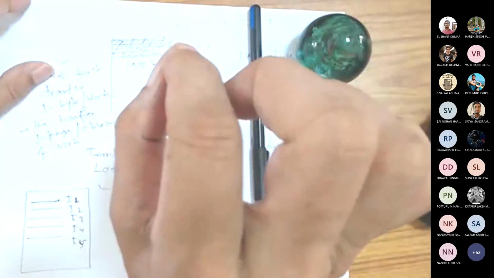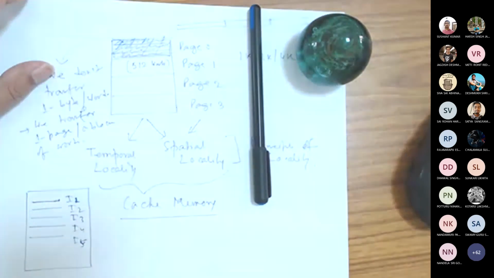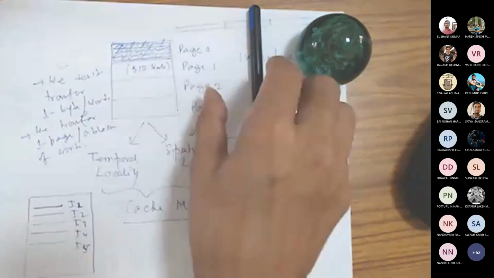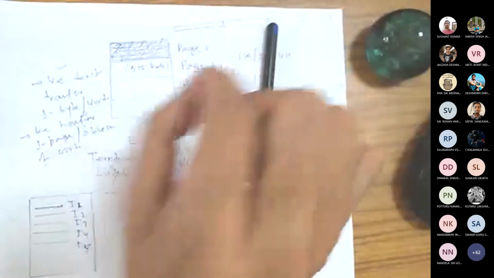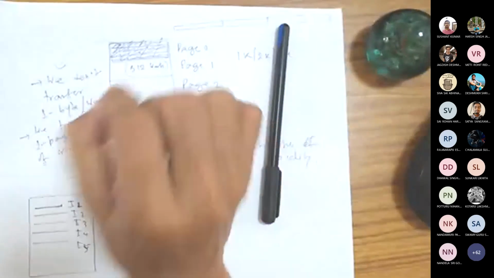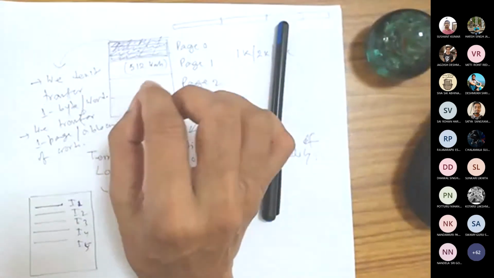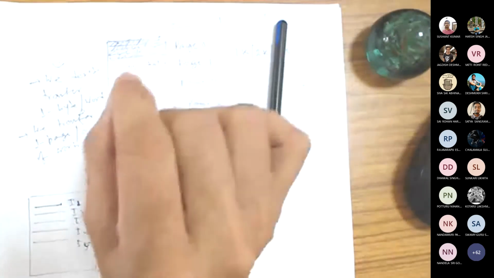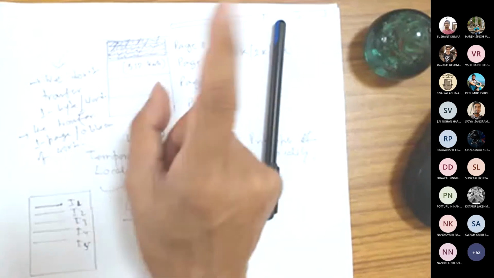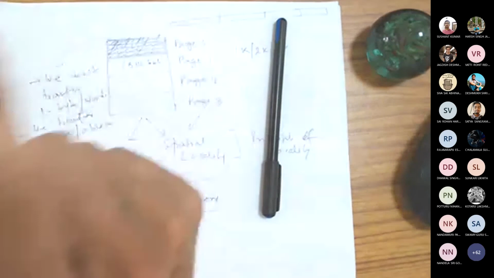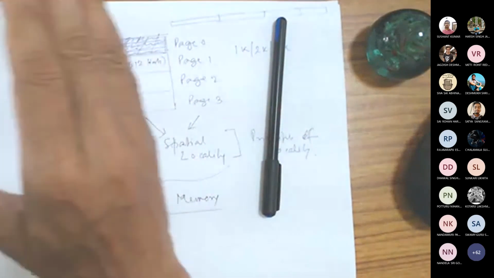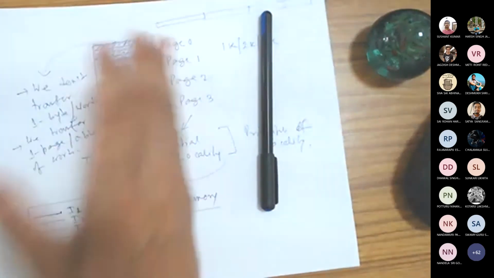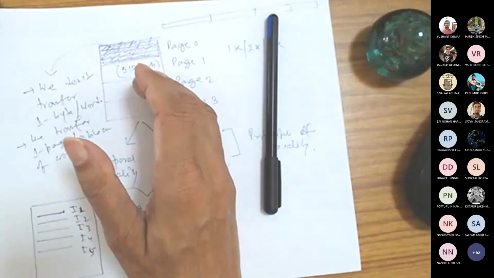Now, one thing should be completely clear in your mind: do not get confused with 8085 memory, because that is not a commercial processor where all the complex processing is done. They are only for academic purpose. So 8085 is always sequential. You don't access more than one memory location at a time. So do not get confused with 8085 or those older processors. What we are talking about are these modern processors.